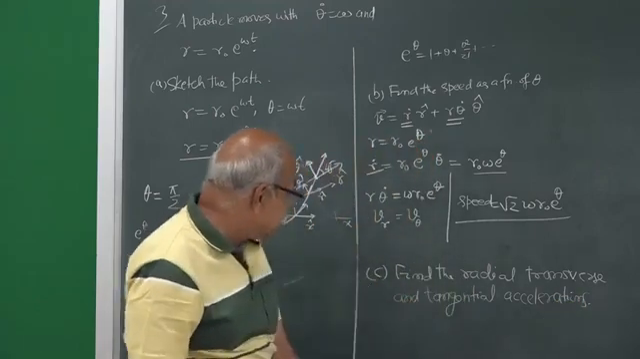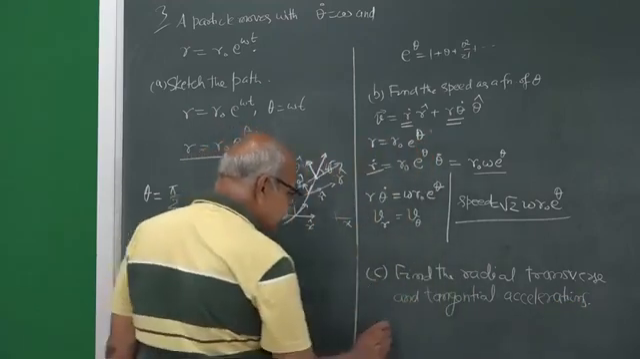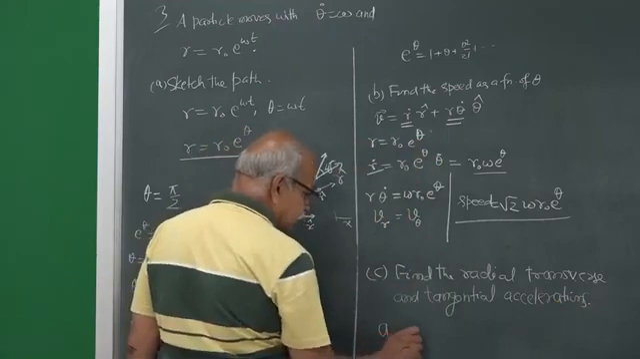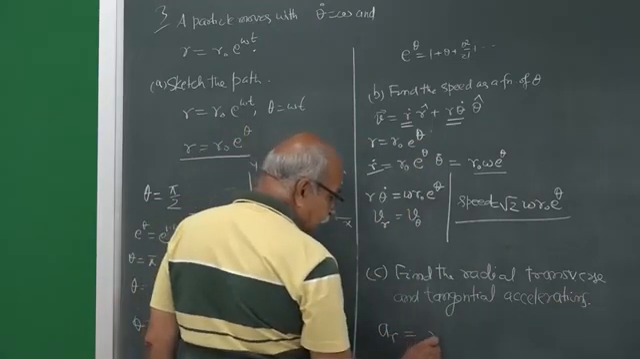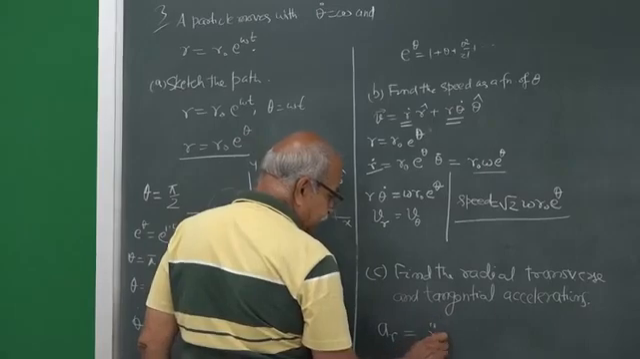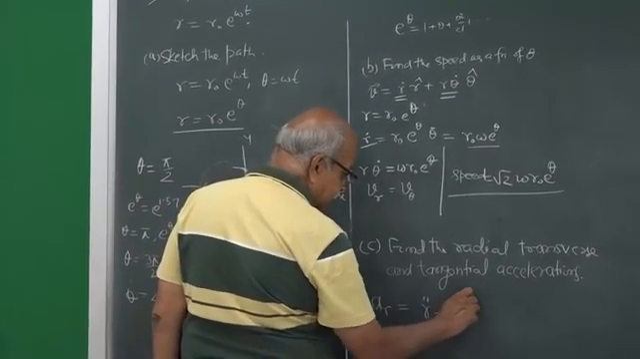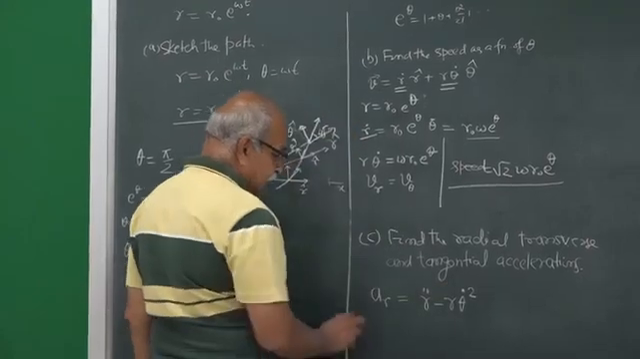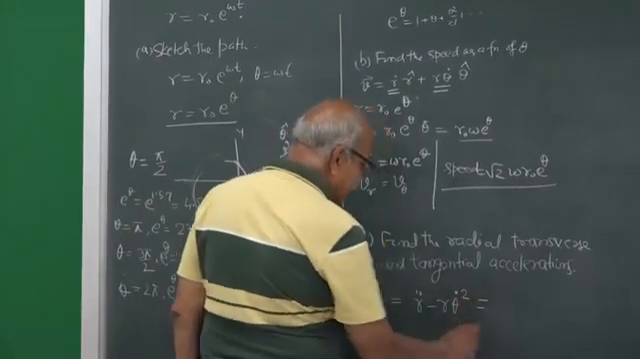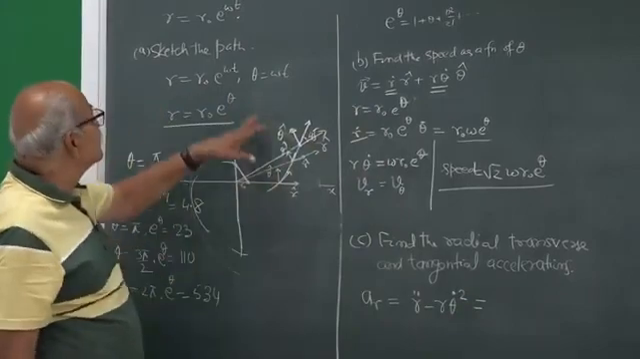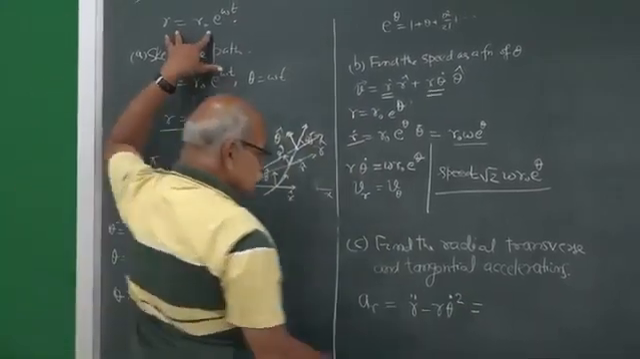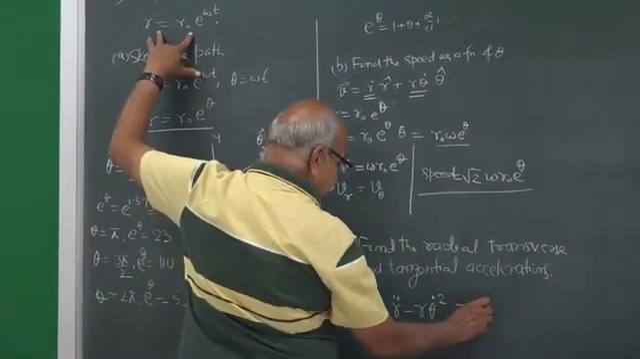So, what is this radial acceleration? Radial acceleration A_R is r double dot minus r theta dot square. This is the acceleration in the radial direction. What is r double dot? This is r. So, r double dot is